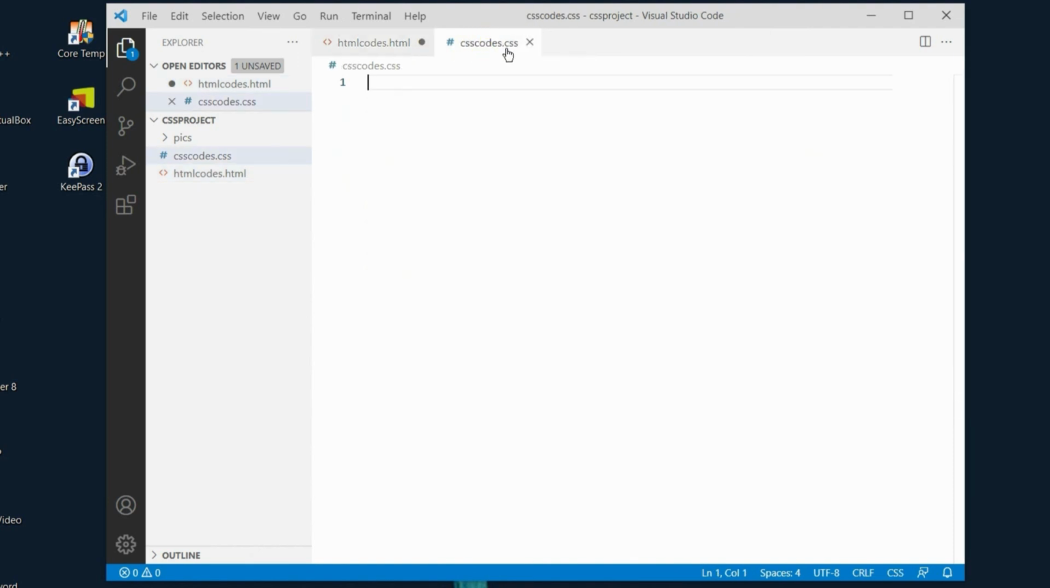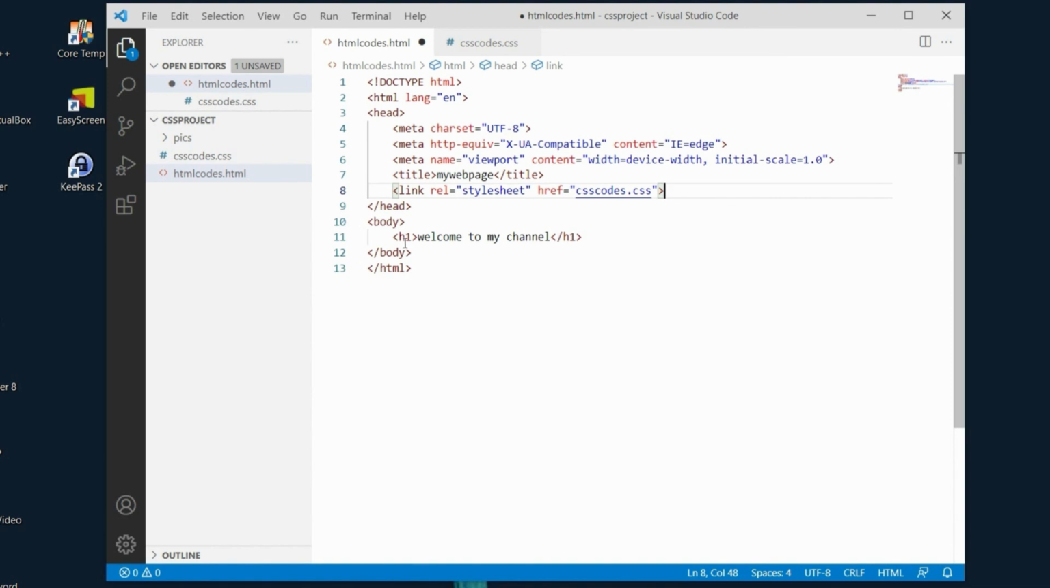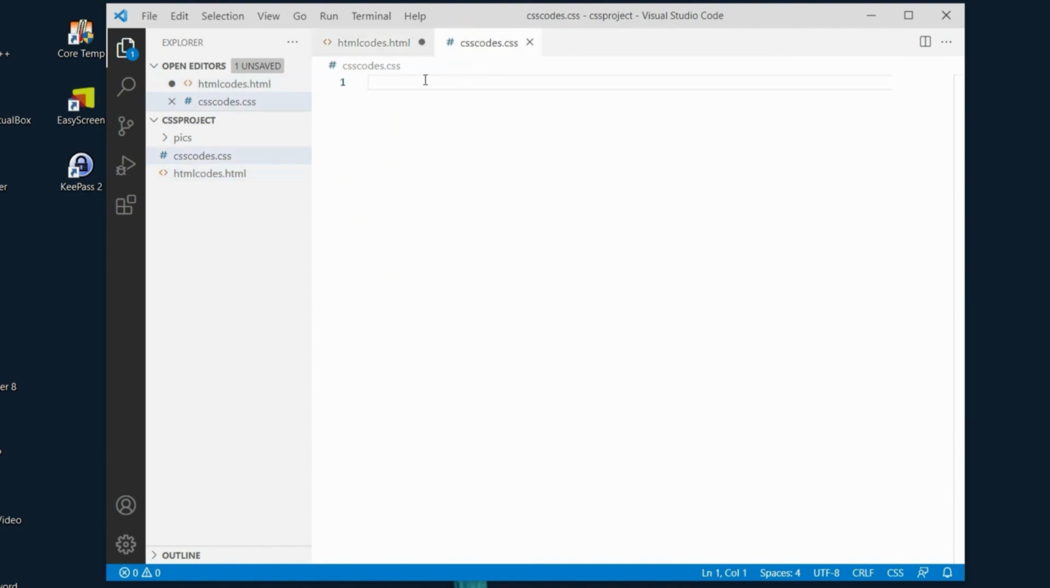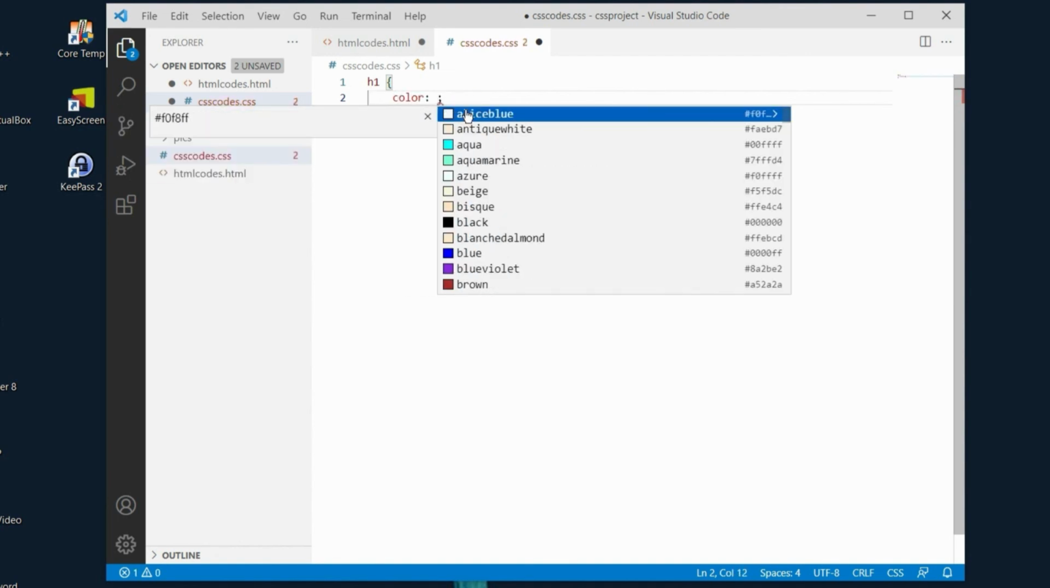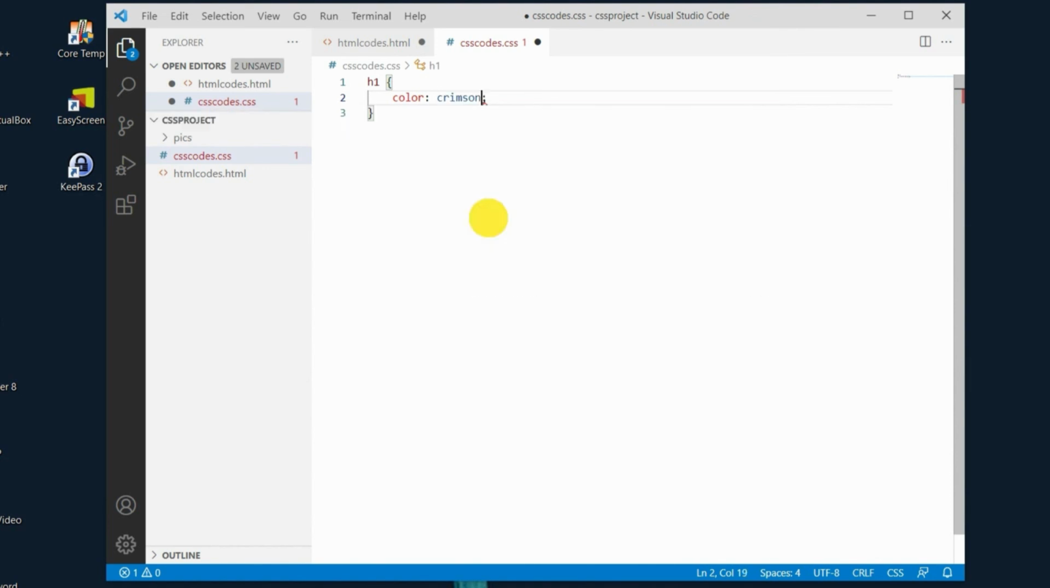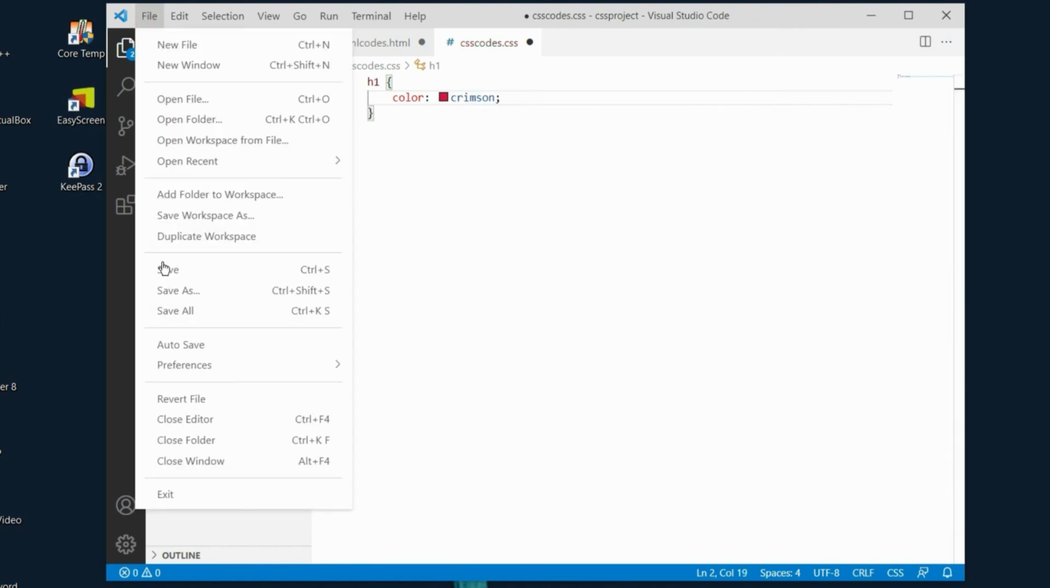So I open the CSS file, and in the CSS file, as you see, we have only one HTML tag, and it is an h1 tag. So in the CSS file, we type again h1, and after that space and curly bracket open, and here we want to change the color again. Select color, and this time we select this one, and after that we save all of the project,